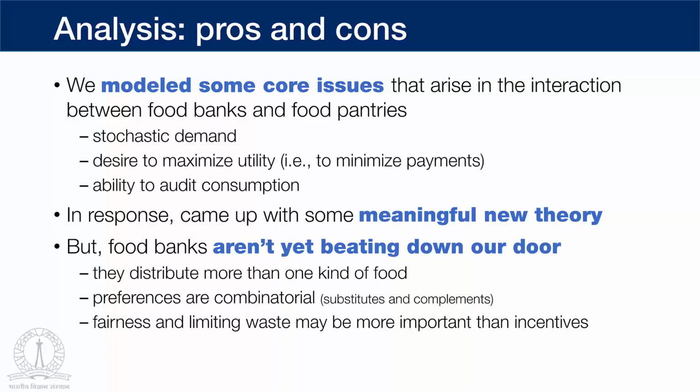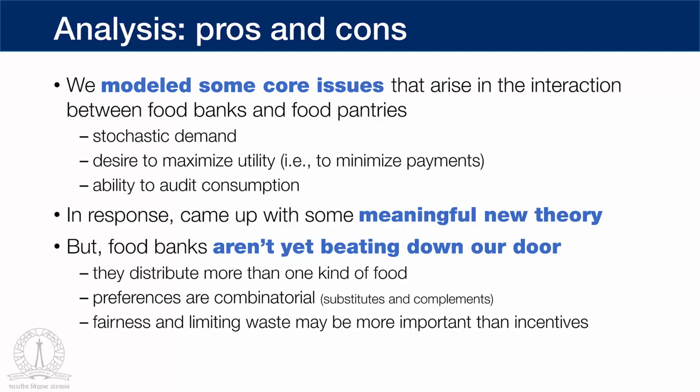So if you're a mechanism design geek, you can read the paper and see the theorems and all of this with a lot of notation. It basically gets to the same punchline. But from the point of view of this talk, what does this mean for social impact research? So we modeled some core issues that arose in an interaction between food banks and food pantries: stochastic demand,